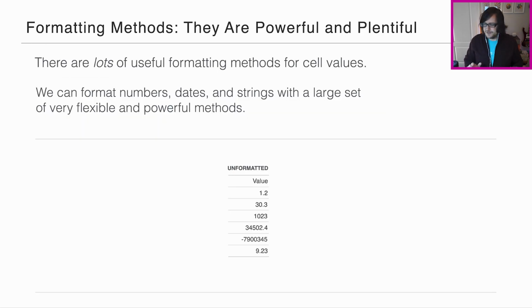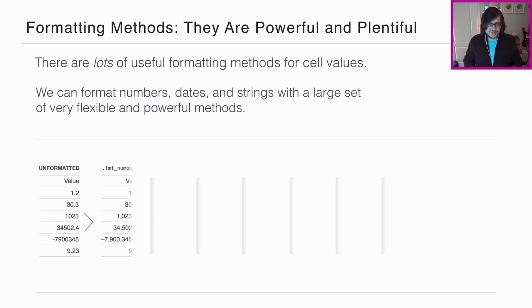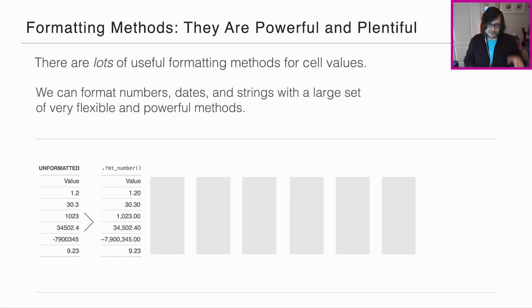Okay, another big thing we have inside Great Tables is formatting methods. We saw some of that earlier in Michael's demonstration. They are really powerful, and there's quite a few of them. What we can do with them is format numbers, dates, and strings with flexible and powerful methods. For instance, we take this unformatted column of values, we can use format number, and right away we get a fixed number of decimal places and also grouping separators in the large part of the number, so it makes it easier to read these numbers. If you don't really care about the decimal part, we can use format integer, and it'll do the rounding for you and still have grouping separators. So these are great for counts, for instance.